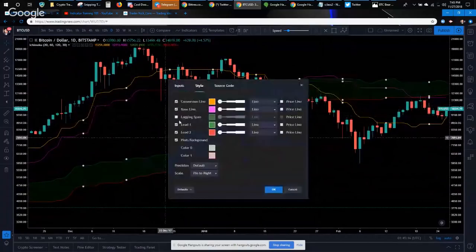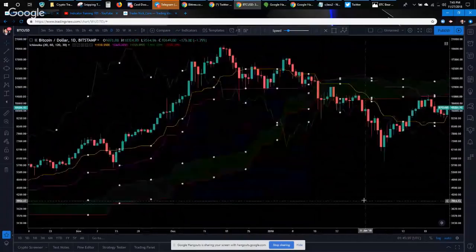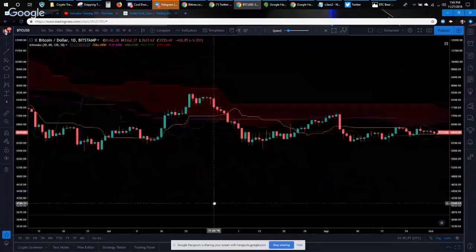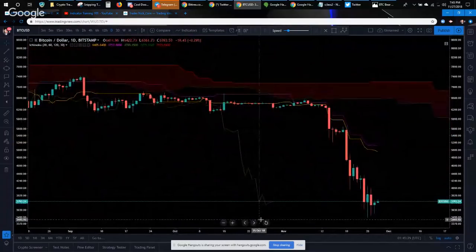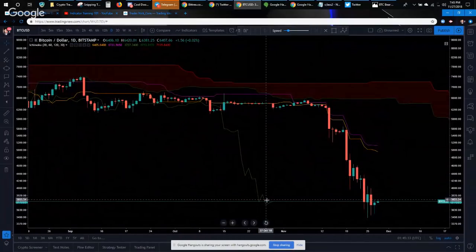Keep in mind, there is another component of this called the lagging span, and all the lagging span does is copy price and the closes of that and displace it 30 candles back. That's what this 30 setting is here. It'll put the lagging span 30 back, and